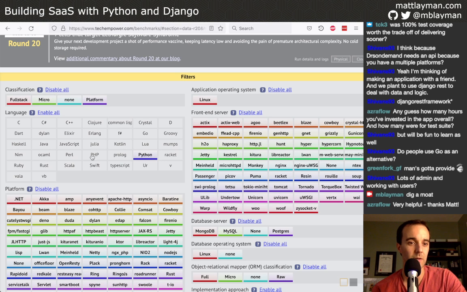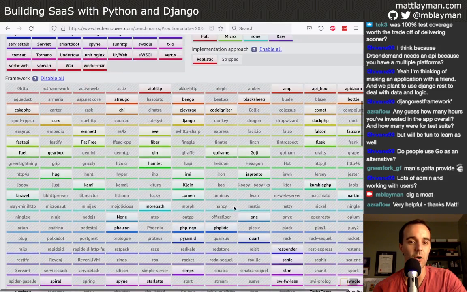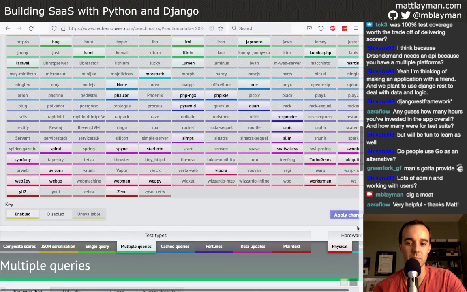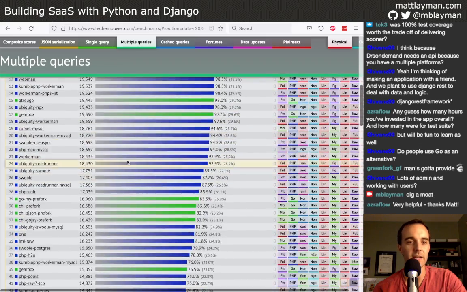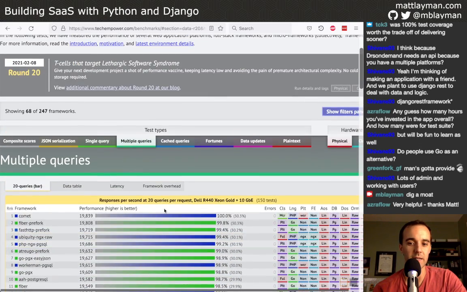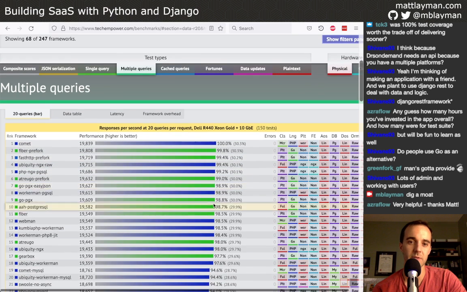So you can pop in here and you could say Python, and you could say Go, and perhaps PHP are going to be common choices. You can see all of the frameworks that still applies to, because there are tons. And you can apply it, and you can get a list of what the scores are on these sites. Like how did this do at this multiple queries test?